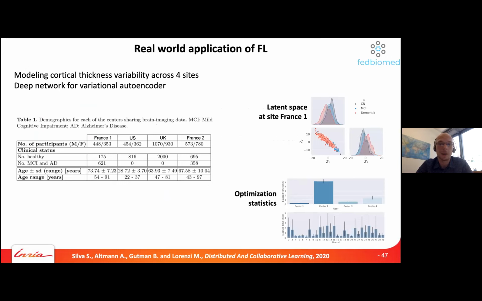This is an experiment we already ran with partners around the world. We have someone in the US, in the UK, and we were in France, and here, just to show, we used brain imaging data. It was a bit of ADNI, OASIS, Human Connectome Project. Everyone had their own piece of the data set. And things went well using this framework. It was all done in a real setup. So real, federated over the internet, and things were converging.